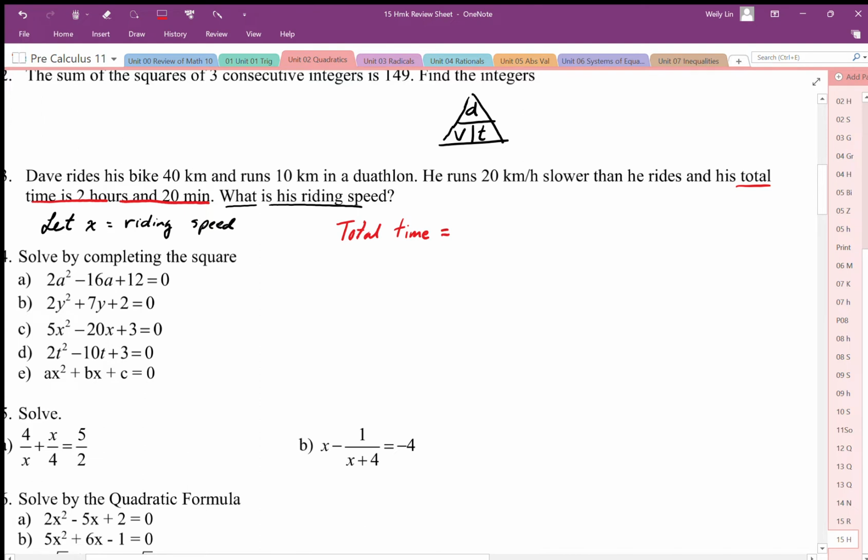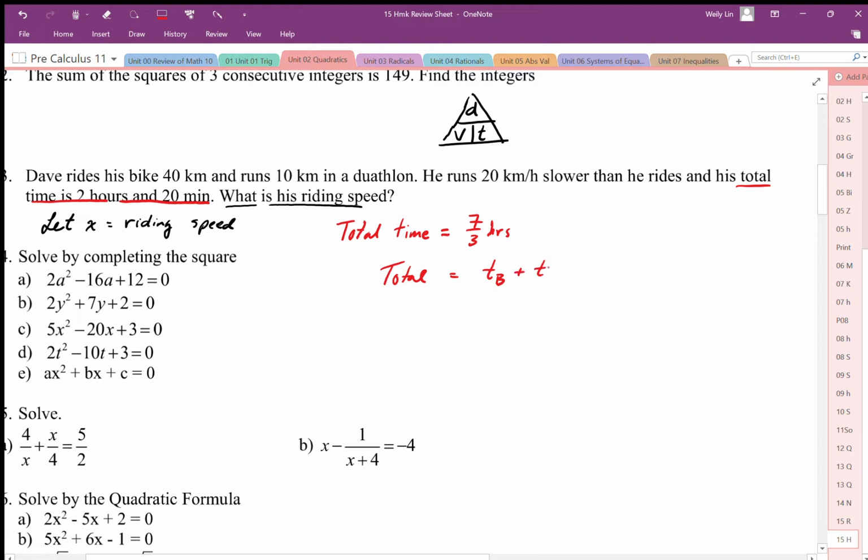So that's 2 1/3 hours, or 7/3 hours. Okay, so that's the first thing. You can use decimals if you like, but decimals are going to be awkward. So that's our first thing. And then secondly, I'm going to come up with an equation for total time. So my total time is going to be equal to time on the bike